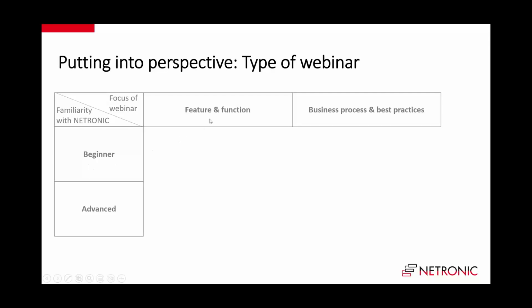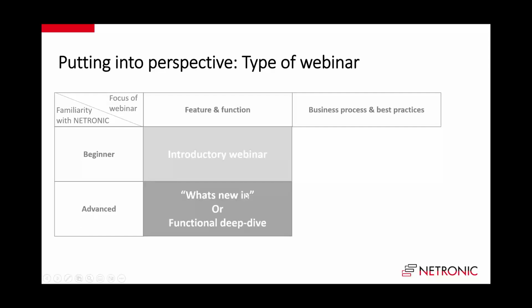The beginner and feature-and-function webinars are introductory webinars, which we will run once in a while. If you focus on features and functions and become more advanced, then this is either a what's new webinar, where we don't introduce the products but introduce new functionalities, or a functional deep dive webinar. A functional deep dive webinar is something that I ran a couple of weeks ago when I talked about the VAPS color schemes. What's new is a webinar that I will run again next week, I think same day, same time,